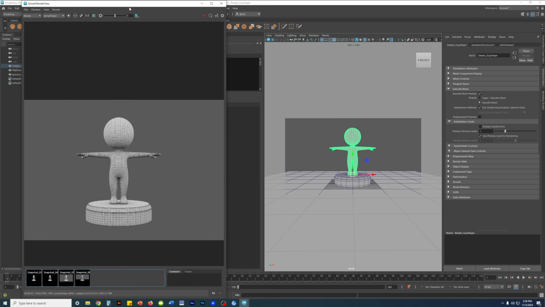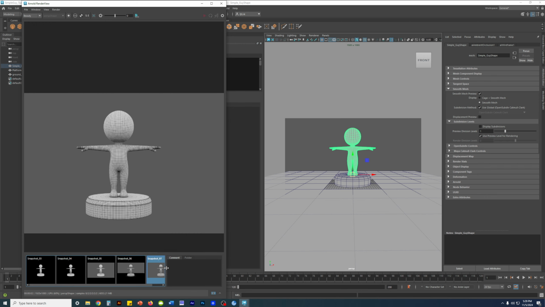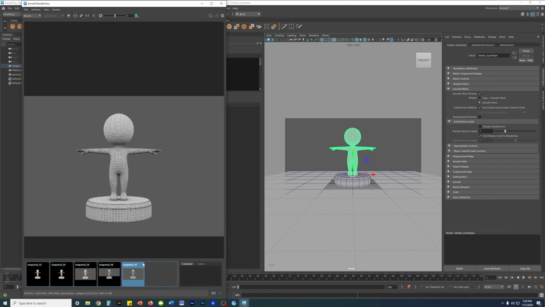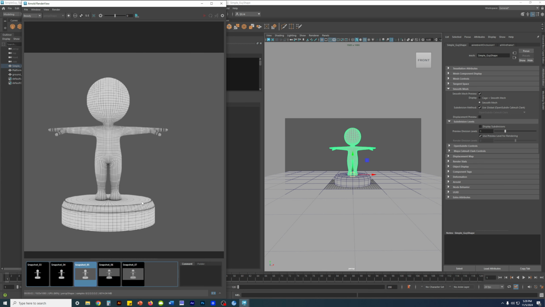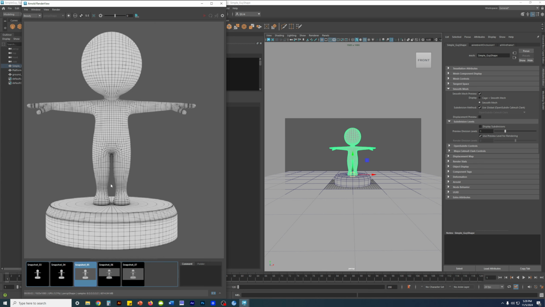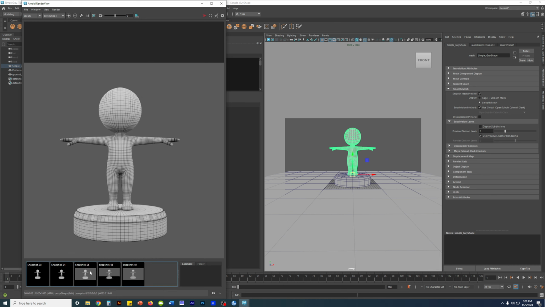But there's a difference between this render, which I'm going to save right now, snapshot 7, versus snapshot 5. See? Isn't that interesting? Snapshot 5 has the gray background and also has